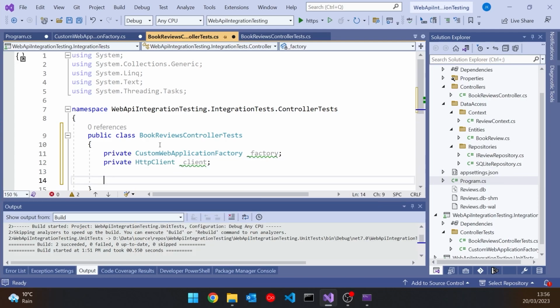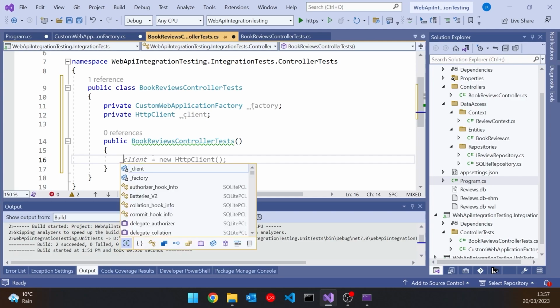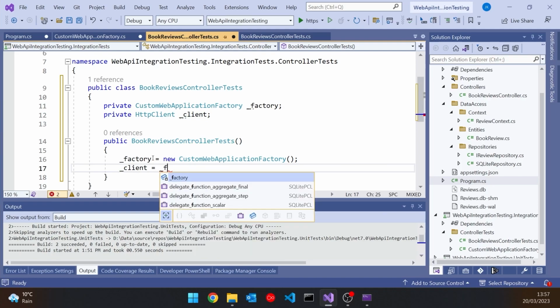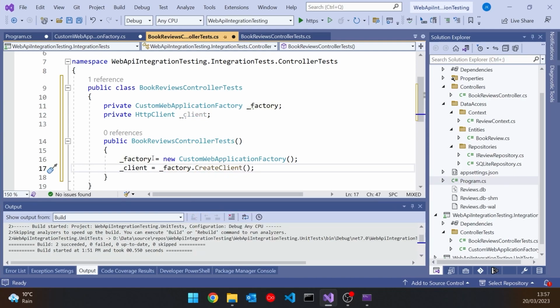And then we'll have a constructor which creates both of those. The factory is easy to create. We just say _factory equals new, all of that. And then we say _client. Then we don't say equals new HttpClient. We say equals _factory.CreateClient. And that's what gives us this kind of fake HTTP client, not connecting to a genuine web service, but just connecting to our web service in the test environment.